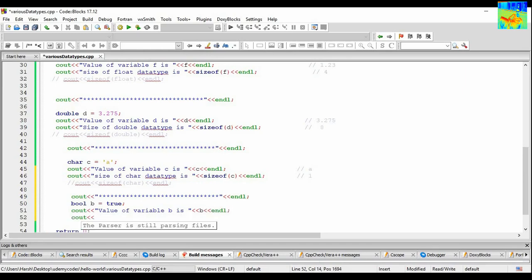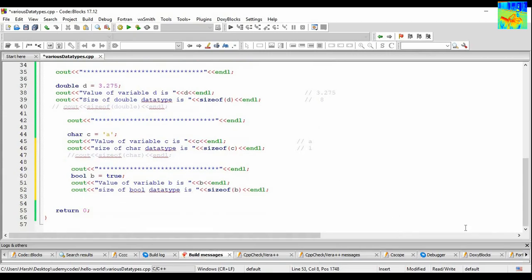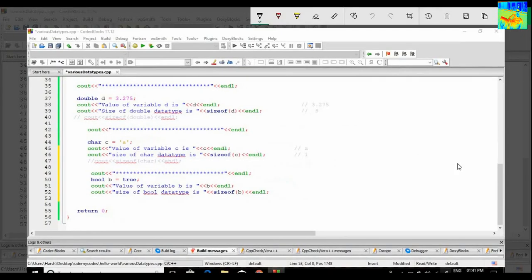And similarly, "size of bool data type is", use the sizeof function and give b as input, and then endl. So what should be our output? b equals true, and true means 1, so 1 will be printed here. And size of b is 1 byte. So my output will be 1 and 1.